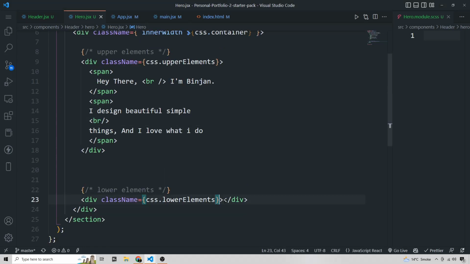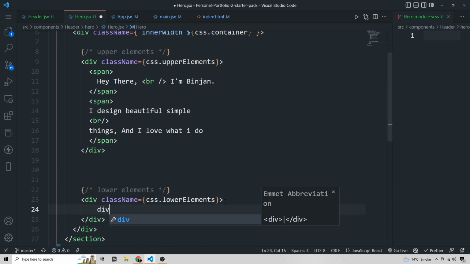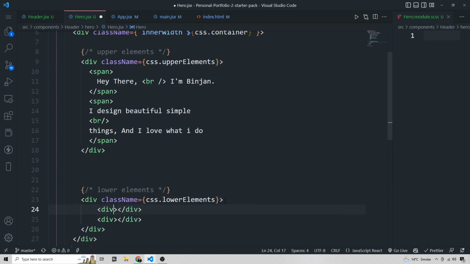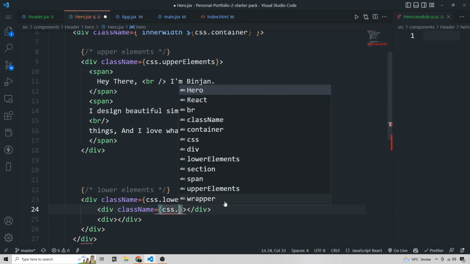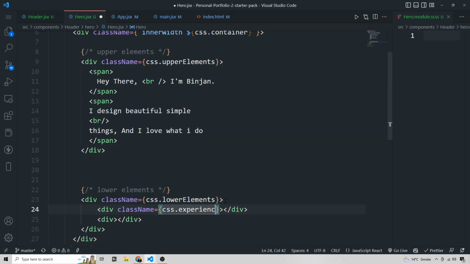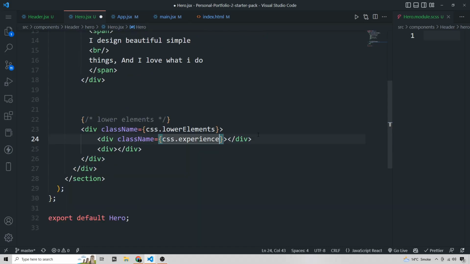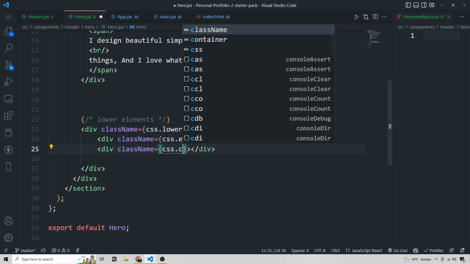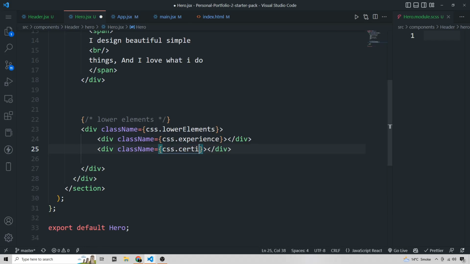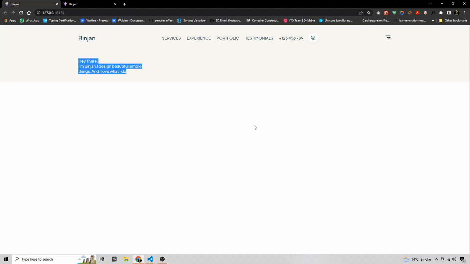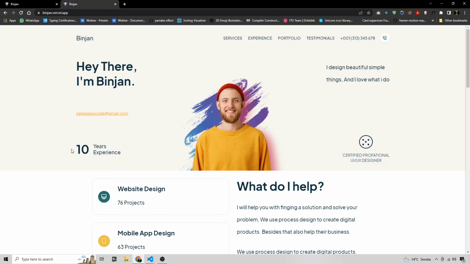In the lower elements, again I have two divs. The first div has the class name css.experience, and similarly the second one will have a different class name, and I will call it certificate, like this. And for the experience section, if I go to the deployed version, here you can see